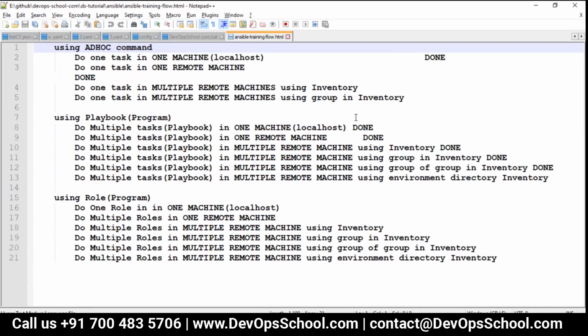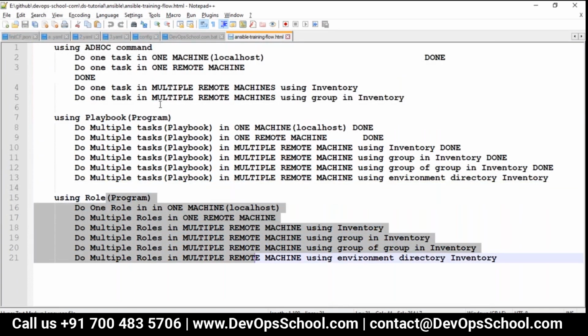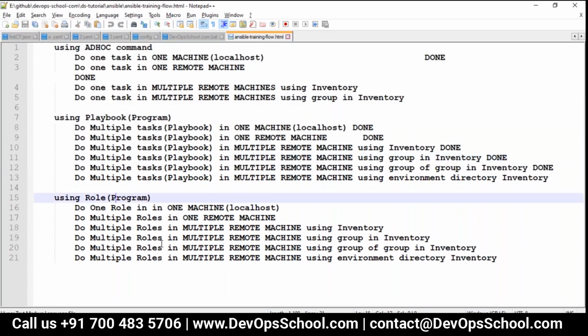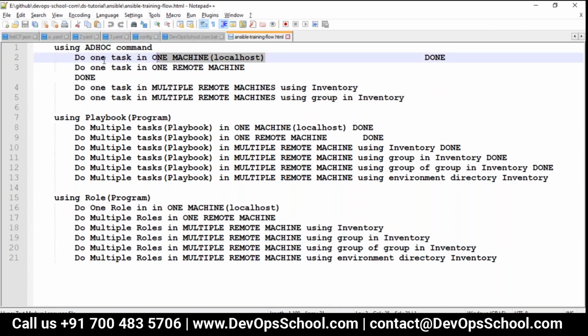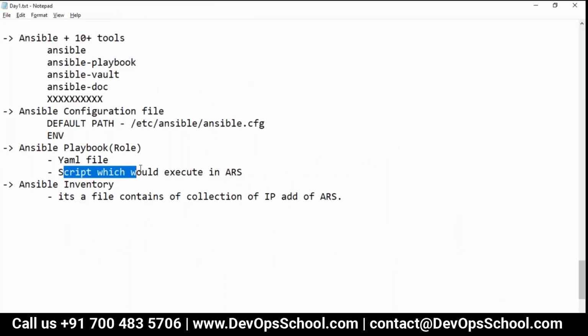See here, this is part 1, this is part 2, this is part 3. Day 1, day 2, day 3, something like that. Okay, now please read it, it's important, because we need to understand well, and then we can do things in a better way. See here, using Ansible, you do server management, server configuration management. Now for that you have to write a script, which we have understood.